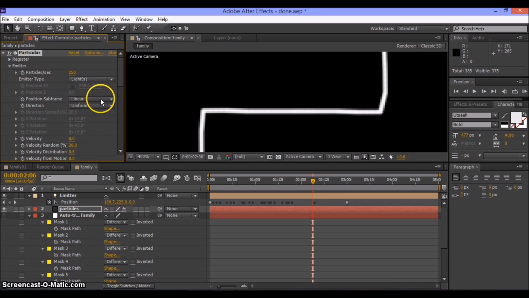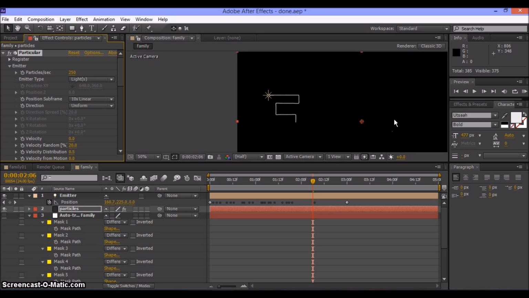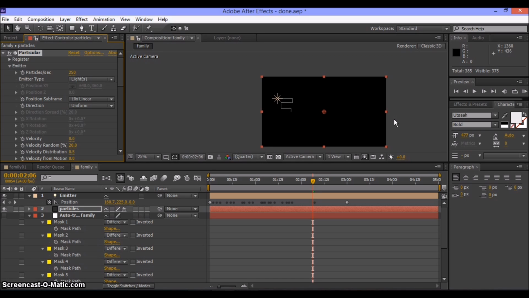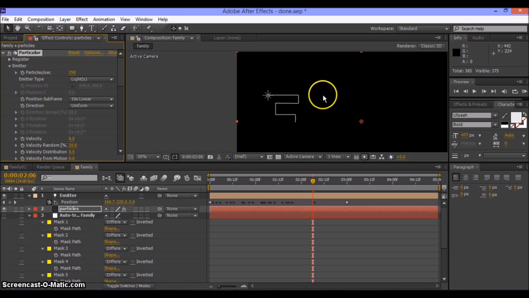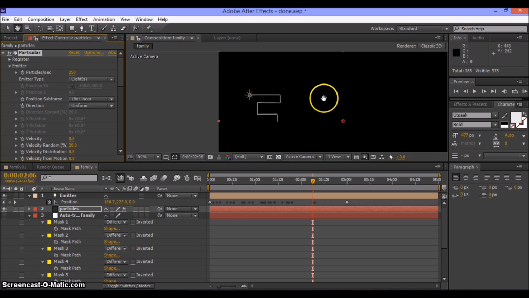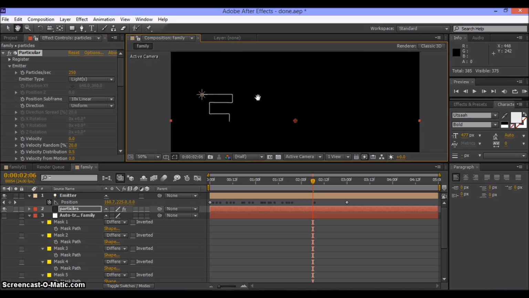We need to set this to 10 x linear. You see the changes of the letter F, it becomes straight off the line and makes the particles better conform to your path, and then it looks good. Okay, we can further this even more if we go to the particle settings,